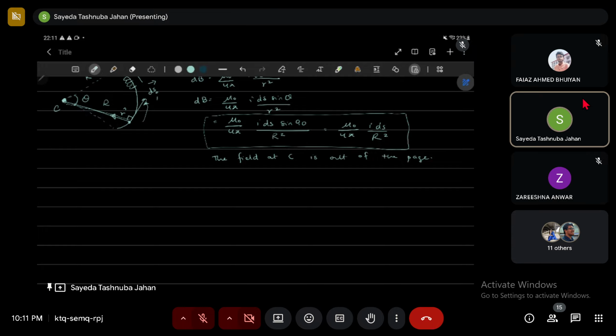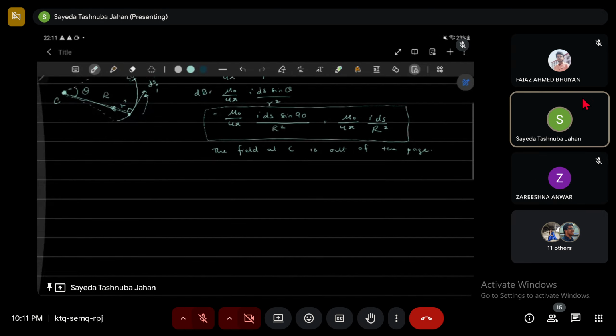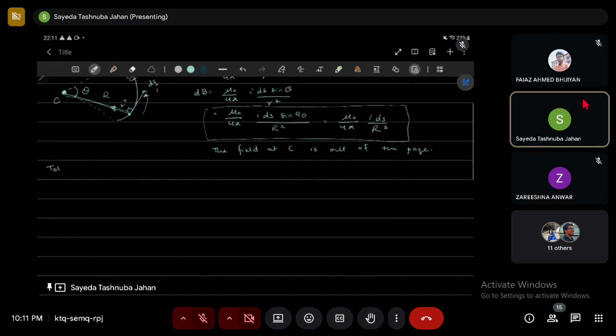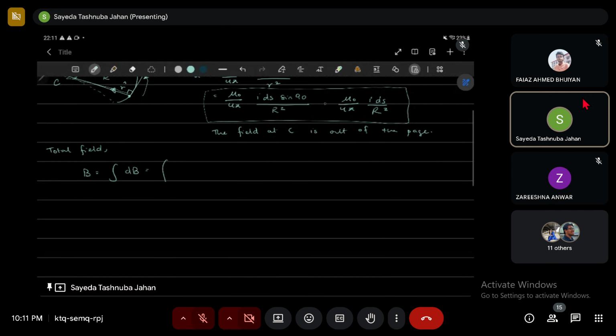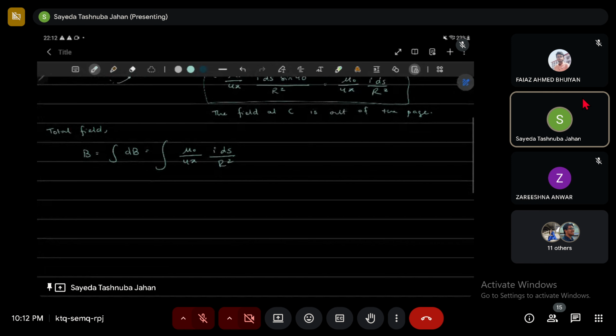Now, this is just partially the field that is responsible from ds, right? So আমি যদি total field বের করতে চাই, of course, I need to integrate dB to find total B, right? So, in that case, dB আমরা লিখি, dB আমার এটা ছিল, which was mu naught by 4 pi I ds by r squared. Now এখানে আমি একটা জিনিস করতে পারি, which is a trick, সেটা হচ্ছে যে I can